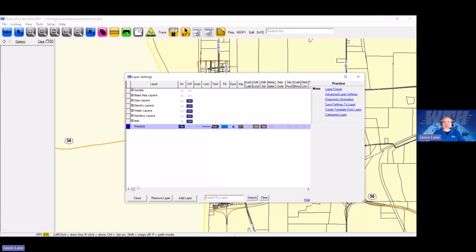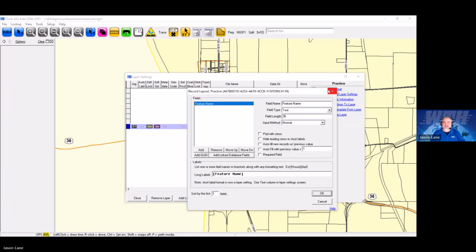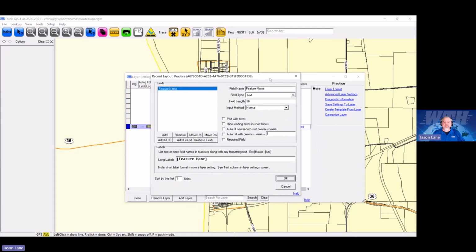You can also left click and hold on this slide bar down here, go all the way to the right and click more. That will take you to this same menu. Either one of them will work, do the same thing. So because, like I said, we needed to go to the layer format to set our layer up, I'll go ahead and left click,